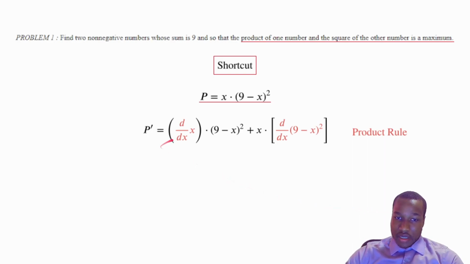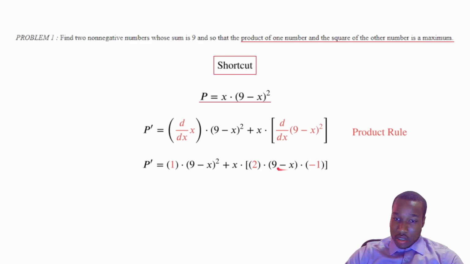We take the derivative of x, multiply that by 9 minus x squared, add x multiplied by the derivative of 9 minus x squared, and then we get 1 times 9 minus x squared plus x times 2 times 9 minus x times negative 1 equals p prime. So here we employ exponent rule. We bring the exponent 2 here down and subtract the exponent by 1,